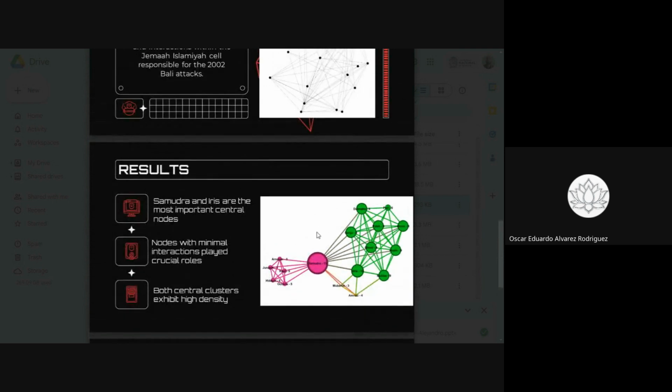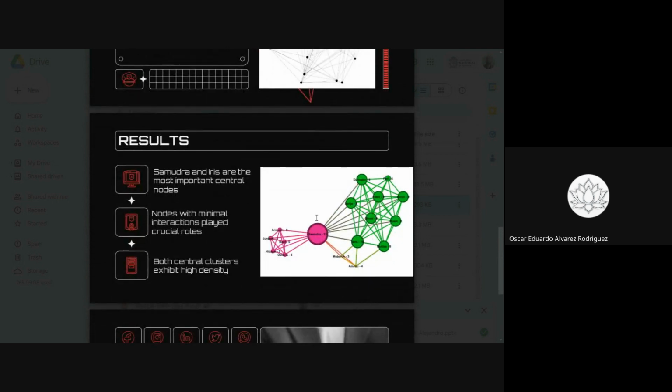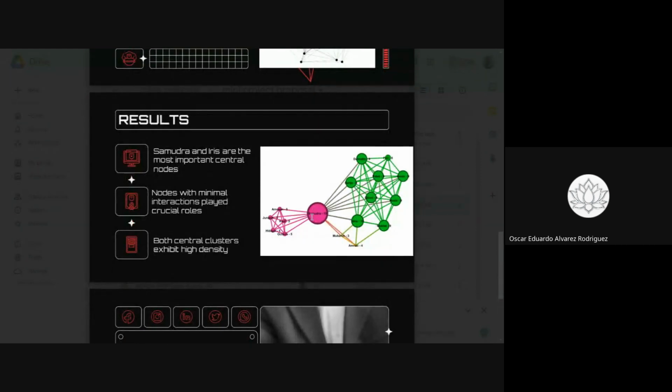Samudra connects the left clusters, pink and green. And Idris is the commandant operation. Hence, she or he, I don't know, is connected with all the groups on the right, all green. The second conclusion is that nodes with minimal interaction played crucial roles because, for example, Mubarak and Rossi